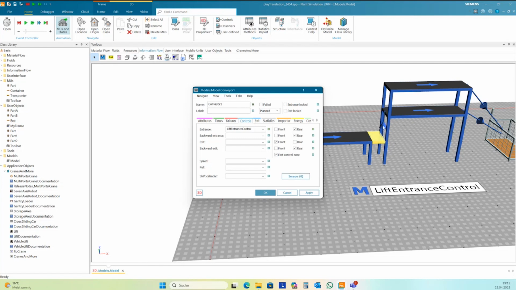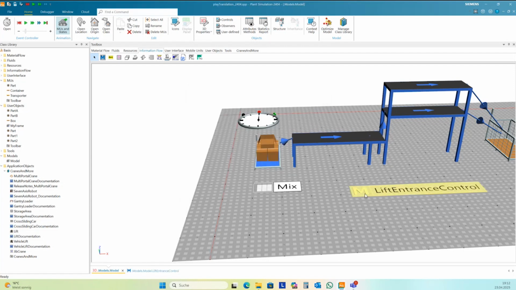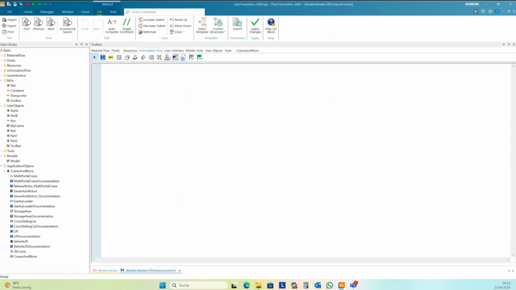I also could delay the connectors, and so we need to do several steps here. The first step is close, then I need to lift.